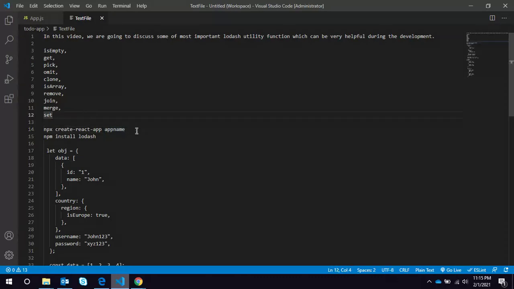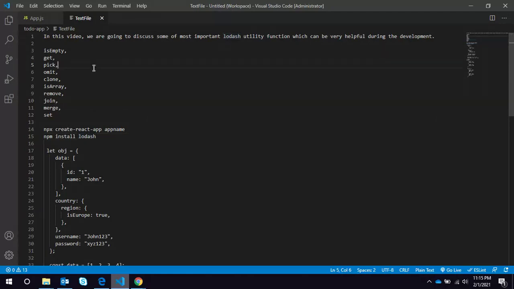It's easy to use in a React application. You first have to create the React application starter using this command. Once it's done, you have to install the Lodash package.